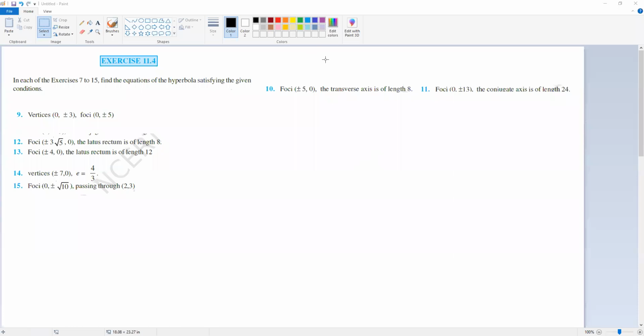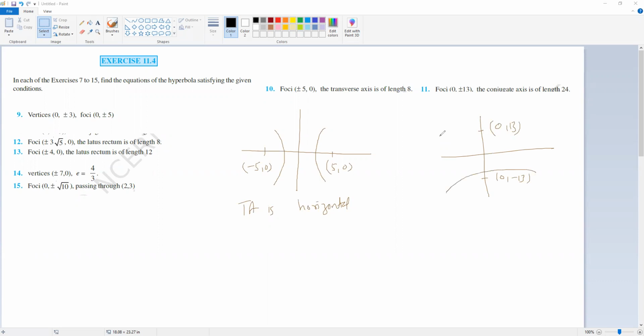I already told you this much. So here draw a rough picture. So from this you got this is -5, 0, this is 5, 0. So from this you will understand transverse axis is horizontal, and here foci is 0 comma 13, this is 0 comma minus 13. So from this you will know